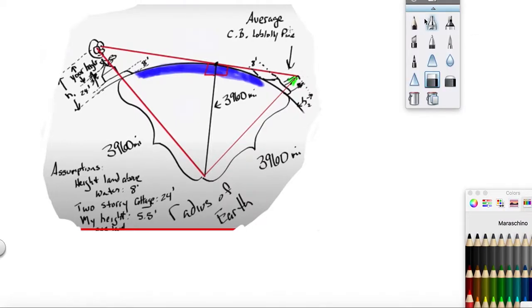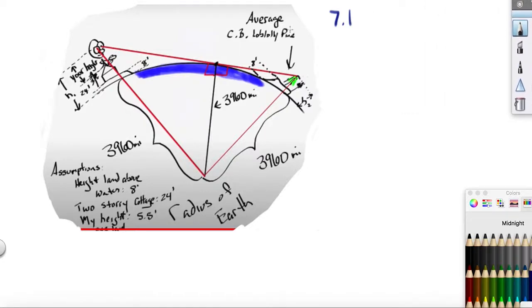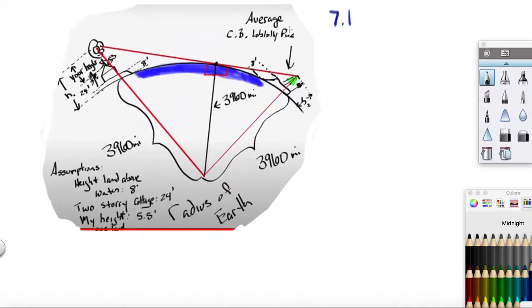Some of you asked me to go over the challenge on 7.1, How Far Can You See, Part 2, where we are standing on top of the beach house on the island, and we're looking across the Chesapeake Bay just above the horizon to a stand of loblolly pine trees on the Del Mar Peninsula. So in this problem, we